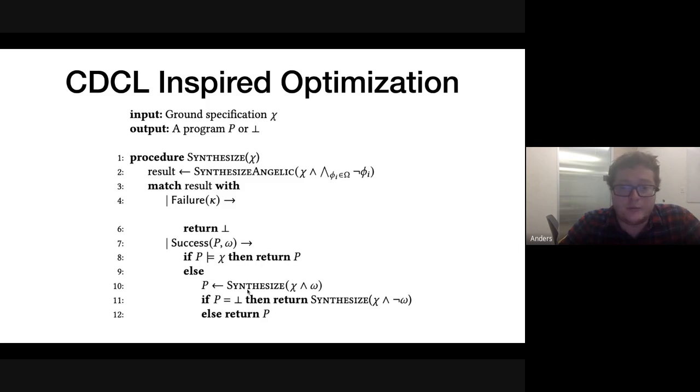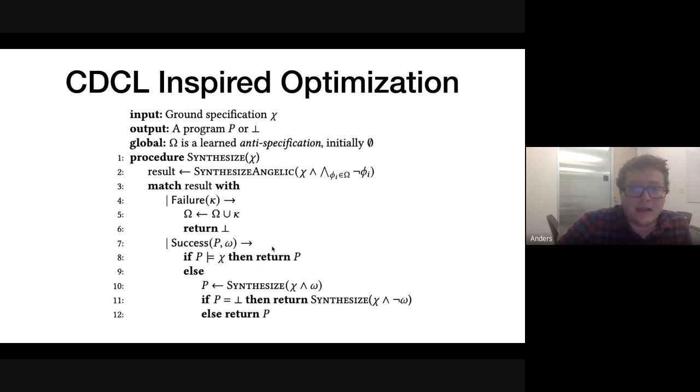Otherwise, what you do is you look at the new assumptions that you've made, you conjoin them on. If that fails, then you're implicitly backtracking on that failure until the failure propagates up here. And then you go down the other path, basically, and you negate that omega. But we have an optimization: DPLL went to CDCL by adding in this unsat core, which allows them, when they do this backtracking, to backtrack on more general predicates.